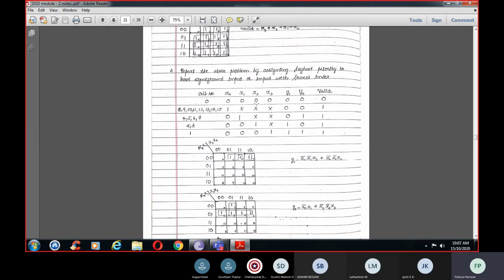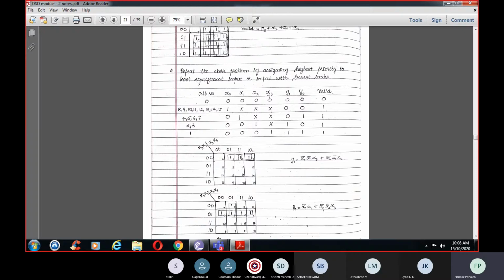In the same way, x2 should be 1 and compulsorily x1 is 0 and x0 is 0, whatever may be x3. Why? Because the priority will be given to the lowest index, so the lowest index is x2 here. Because here we don't have 1, 1. If here it was 1, 1, 1, the output would be 0, 0, because the priority would be given to x0, and hence compulsorily x0 should be 0, x1 should be 0. If this is 1, then the output will be 1, 0.